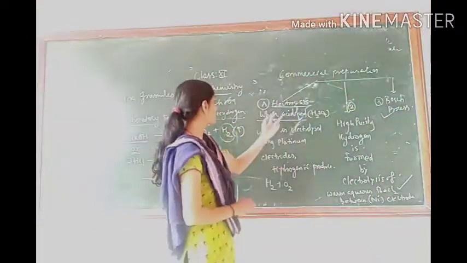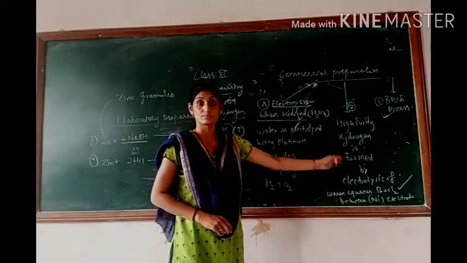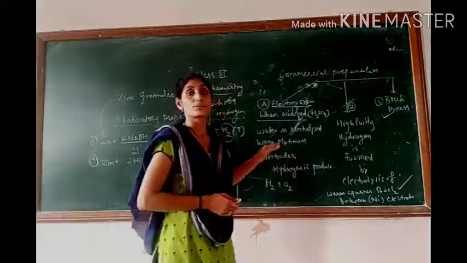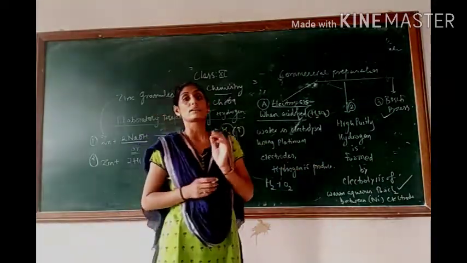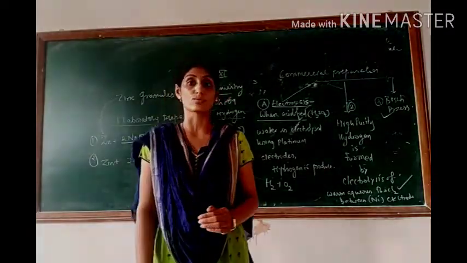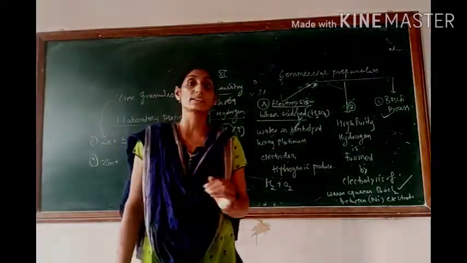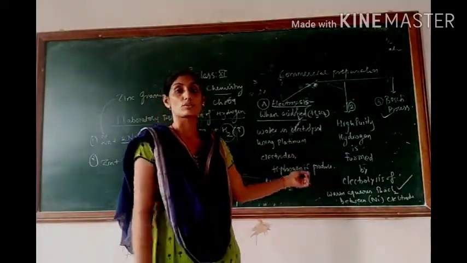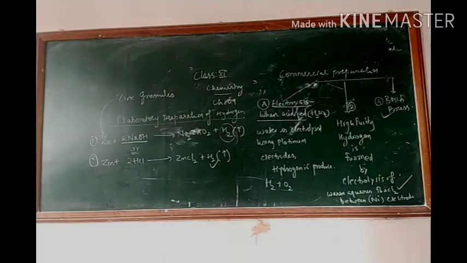So in the commercial method there are two processes: the electrolysis of acidified water and the electrolysis of aqueous barium chloride solution. When electrolysis of acidified water is done, we use platinum as electrode, whereas when we use electrolysis of barium chloride solution, we use nickel as an electrode, and that is the method by which we get high purity hydrogen. So those two methods are commercial, and the third remaining one is the Voss process. If you want to copy, then we'll move to the third process.